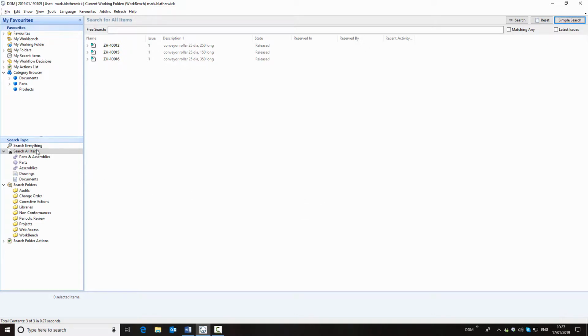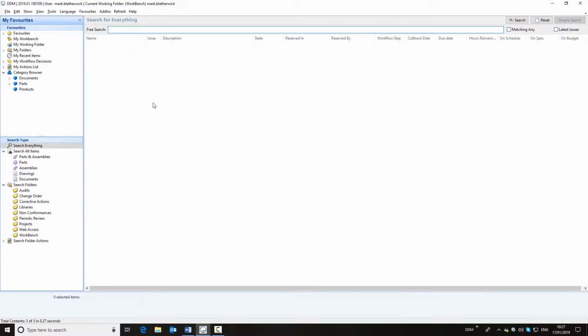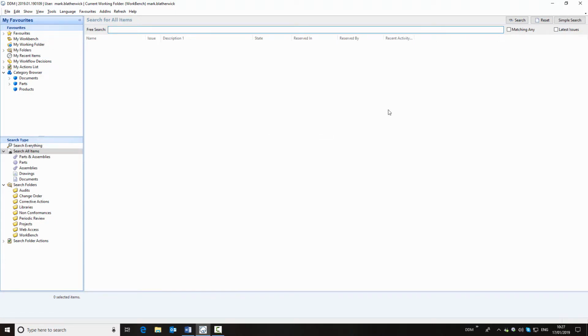Now just be aware that if you're searching everything, the only search option in this mode of searching is the free search. So let's have a look at what the other search methods give us. So we'll go to simple search, and in this window if I start to put in the same search criteria, then if I just put the term conveyor in, then I don't get any results returned,